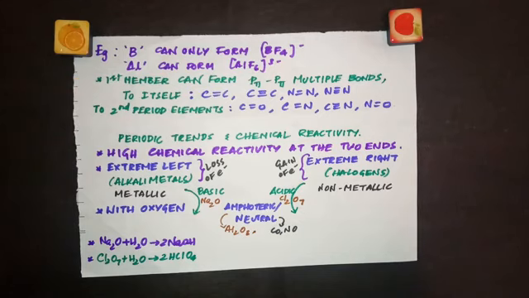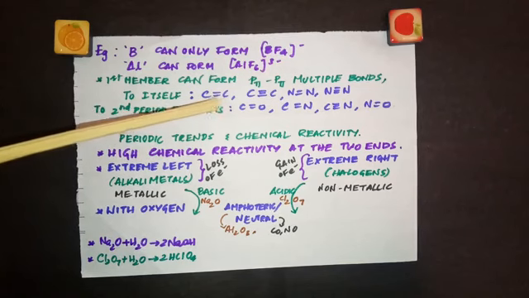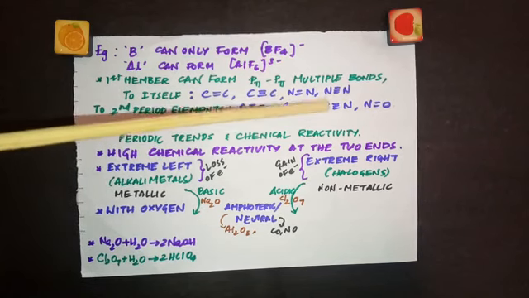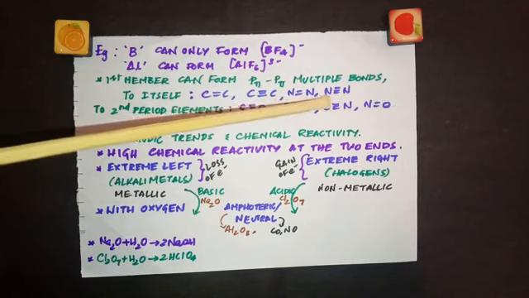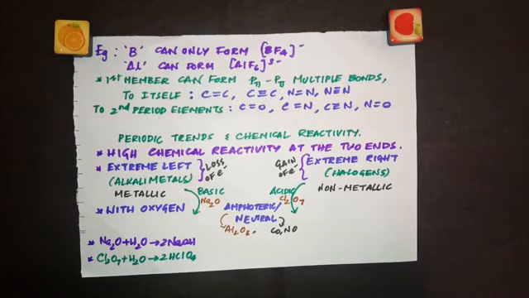And moreover, if you take the p block elements, the first member shows a greater ability to form pπ-pπ multiple bonds to itself. It can have pπ-pπ bonding, which you will be learning in the next chapter. So it can bond to itself. See, C double bond C, C triple bond C, N double bond N, N triple bond N. We call these pπ-pπ multiple bonds. It can be px, py or pz.